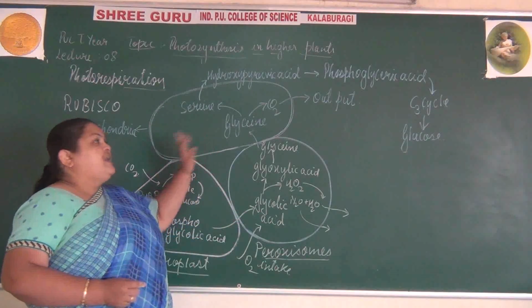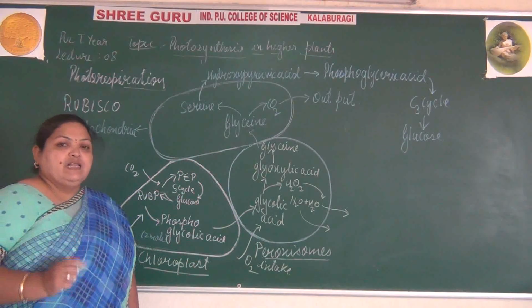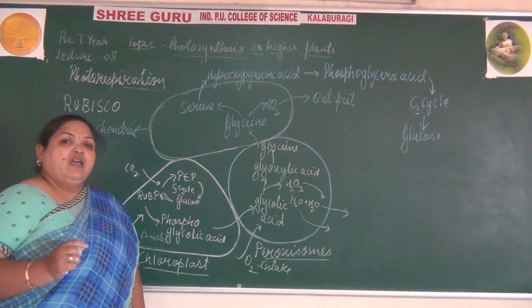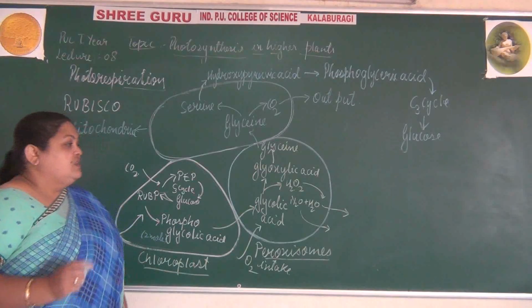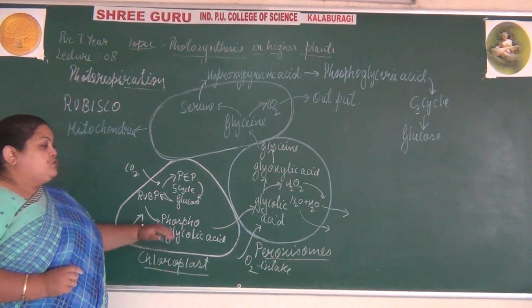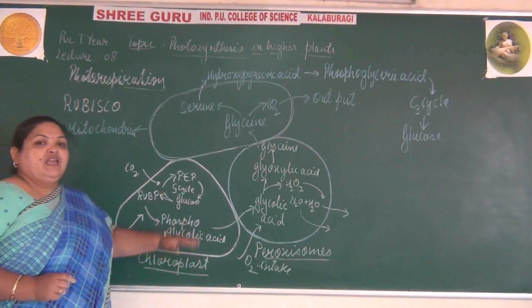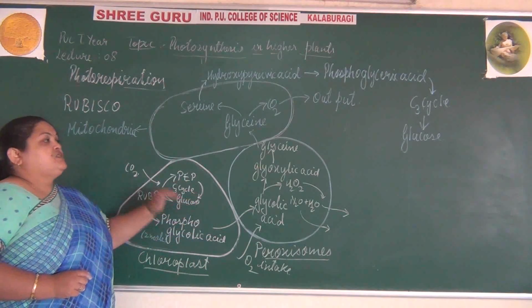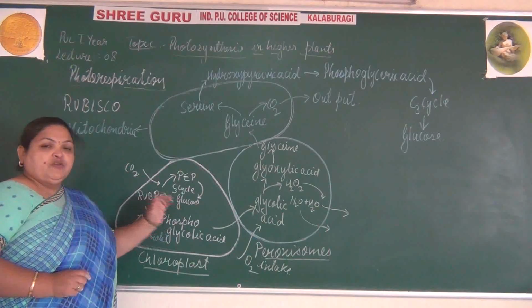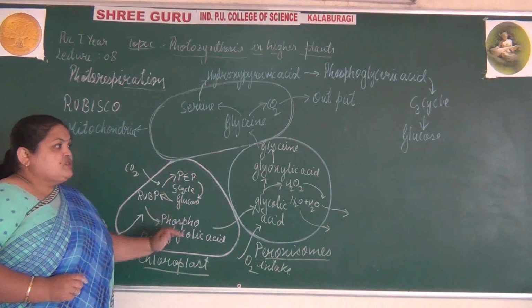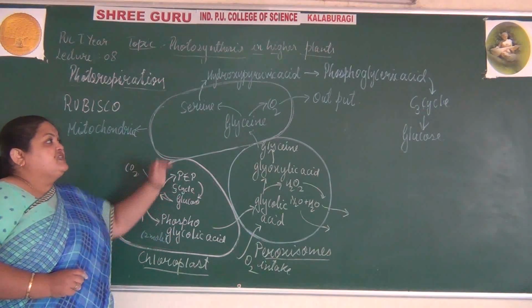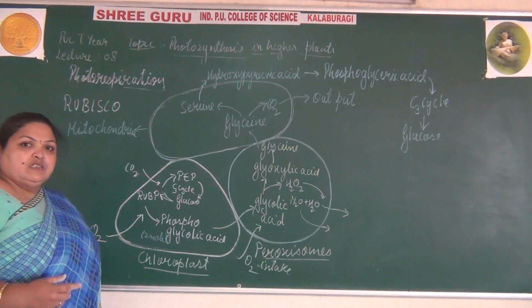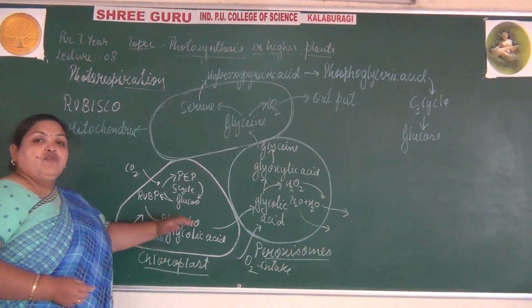Chloroplast, peroxisomes and mitochondria. I am telling you once again, this schematic representation is not given in the NCERT textbook; it is to make you understand what actually happens in the process, and what the concept of the scientist was. There is no synthesis of ATP, but there is formation of excess carbon dioxide with the utilization of oxygen.